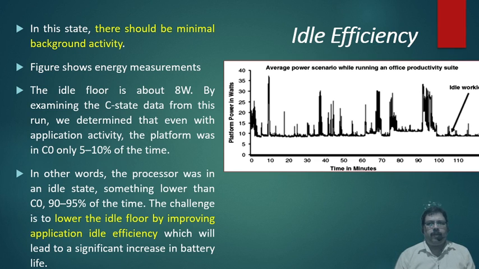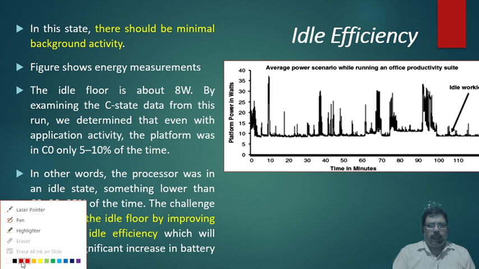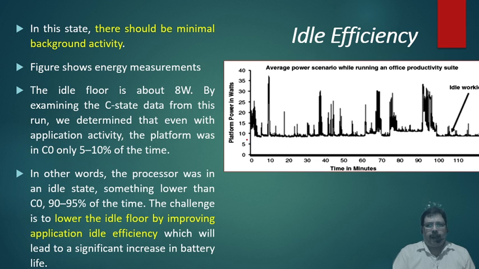Idle efficiency is the fourth type of software energy saving technique. The main objective of idle efficiency is achieved by minimizing the background activities. As shown in the figure, we can notice that nearly 8 watts is consumed